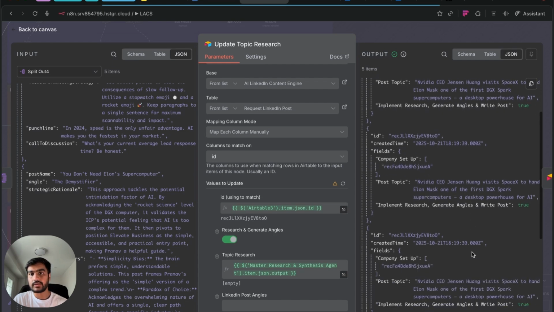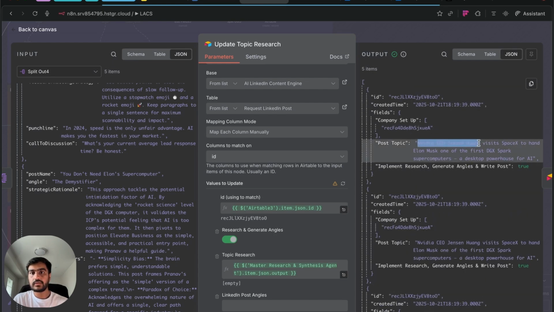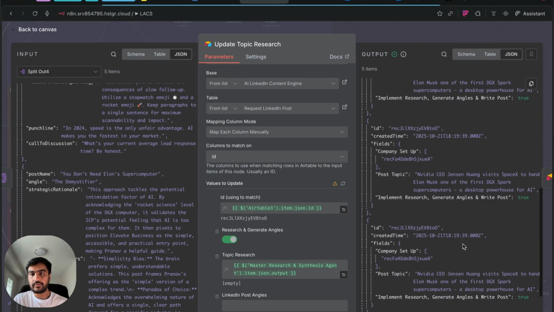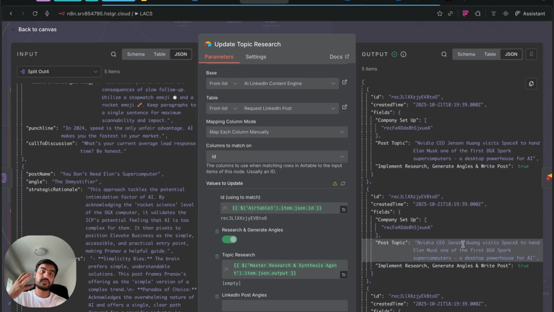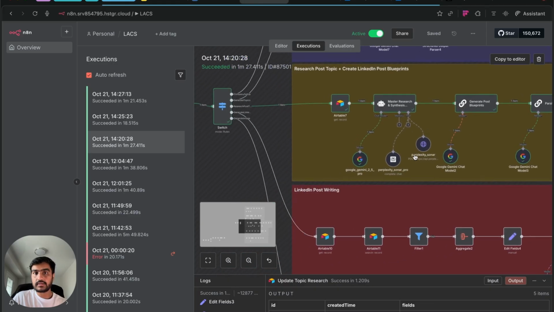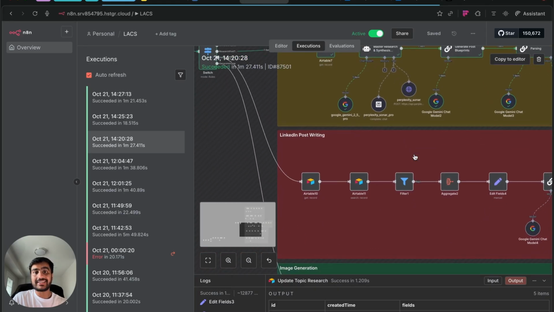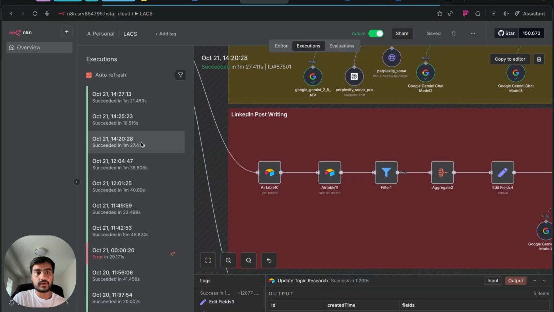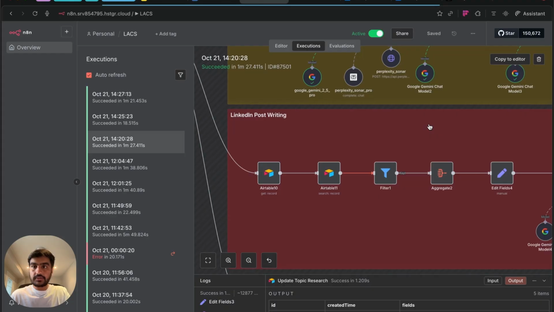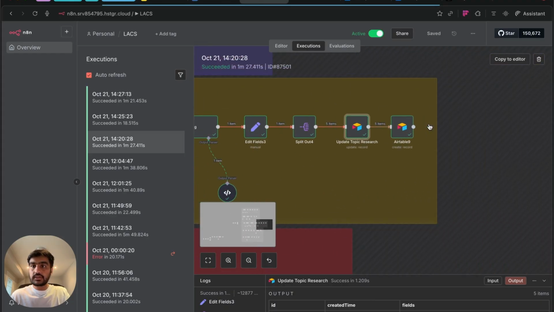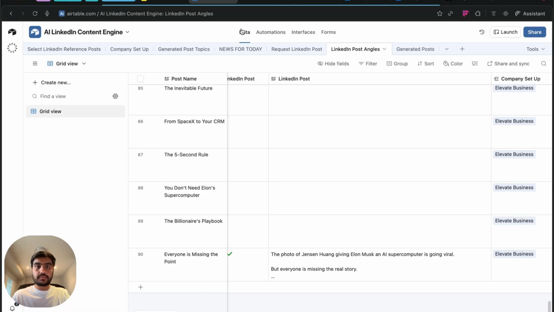And this is how it looks. This is again the NVIDIA CEO. You see there are 5 different posts because there are 5 different angles that we wrote this article about. Once this topic is generated and the angles are returned, our second and foremost important point is to write a LinkedIn post and how this is initiated. Once the research has been done, we have to update